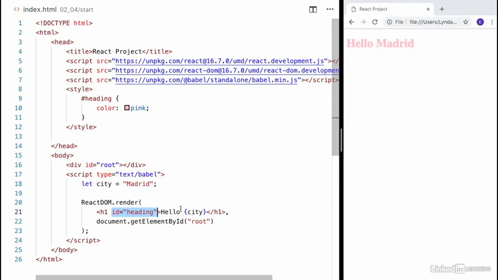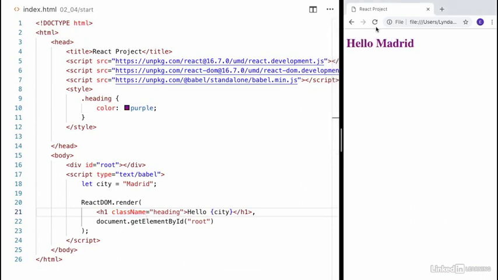You can also add a class, of course. So let's go ahead and change this selector to the class. So we'll say dot heading, and I'll change this to className heading. So that's sort of a little gotcha there. I'm going to change the color just so that we see it change. The className attribute is what we want to use in React, not class, because class is a reserved word in JavaScript. So let's go ahead and hit refresh, and we should see that that class is being applied to